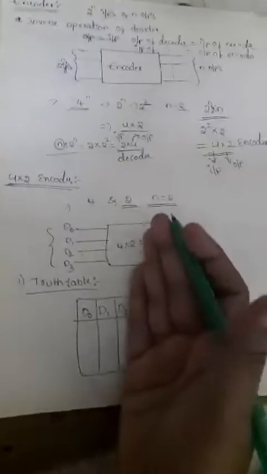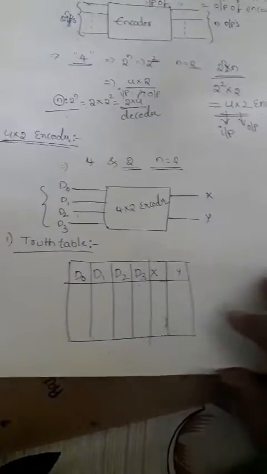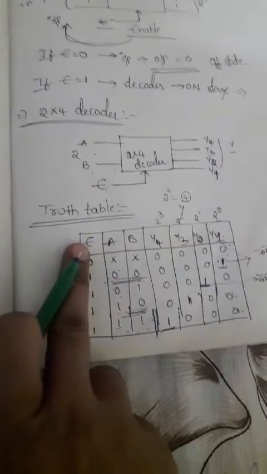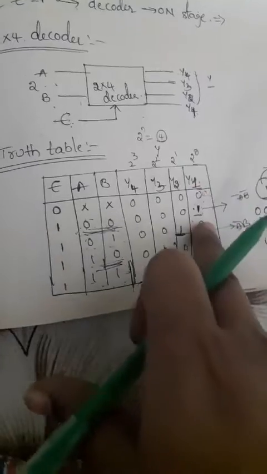Just choose it. What are the outputs of the decoder? That is only applicable for the 2 to 4 decoder. That means the reverse of 4 to 2 is nothing but 2 to 4, right? So exactly with respect to that, you can choose the decoder. Okay, so here this is the 2 to 4 decoder. So what are the outputs for this? The first output for 00 is nothing but 0001. That means y1 is 1, y2 is 0, y3 is 0, y4 is 0.